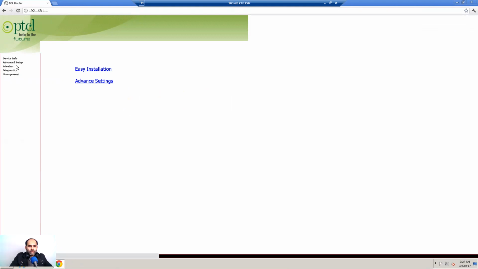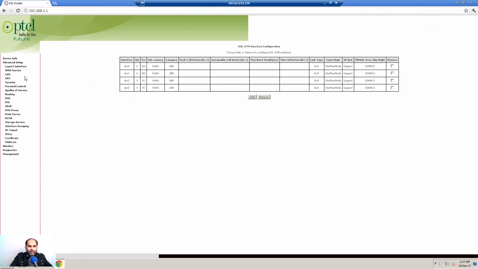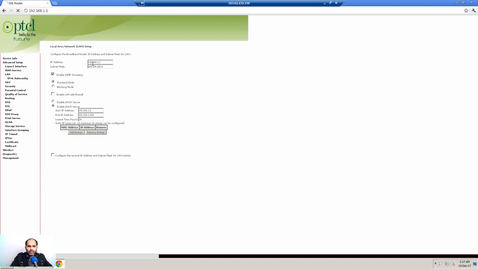Okay, advanced setup. In advanced setup you can see the LAN, we have 192.168.1.1. Make sure your firewall is disabled. The firewall creates some problems in routers. In all DSL or ADSL routers, you have to disable your firewall.